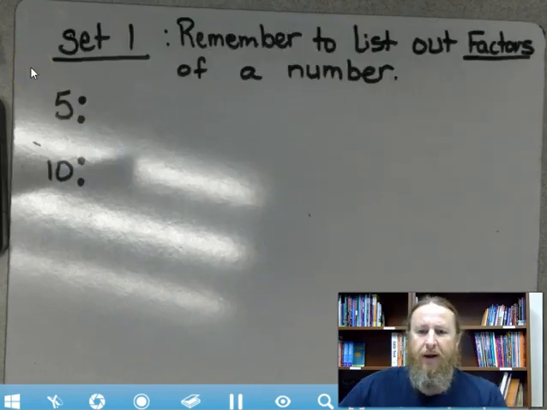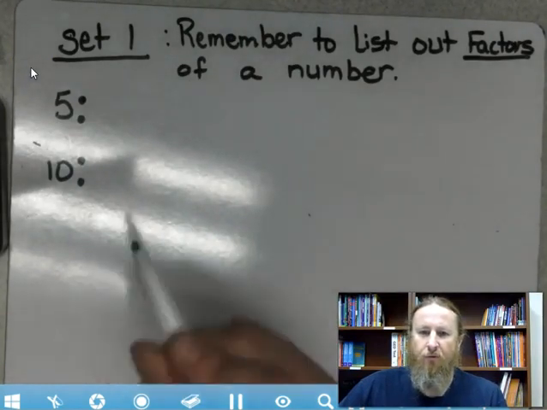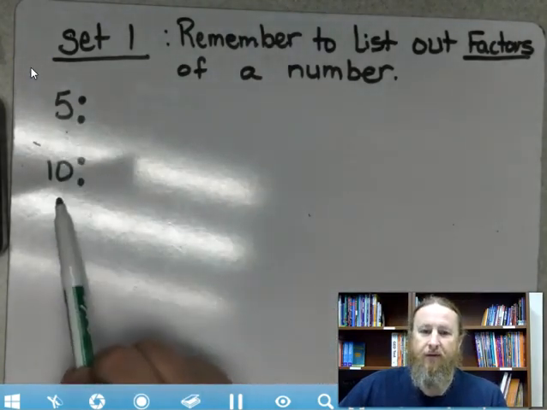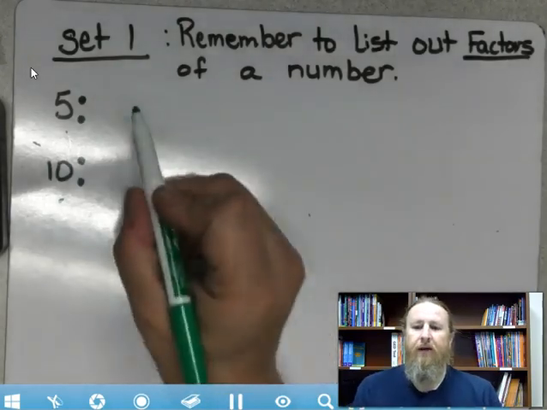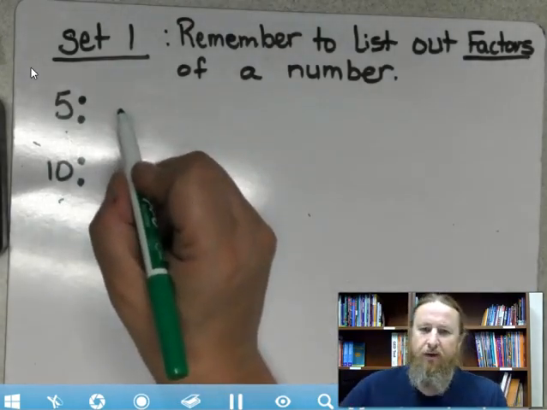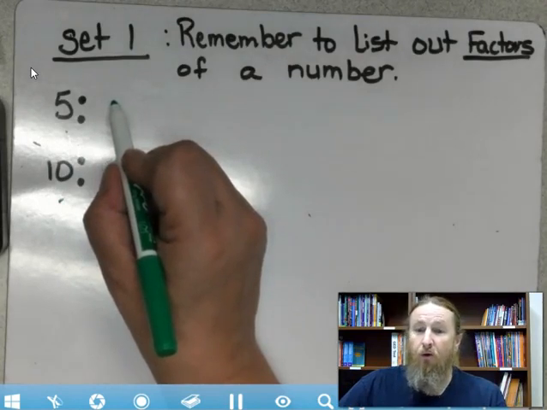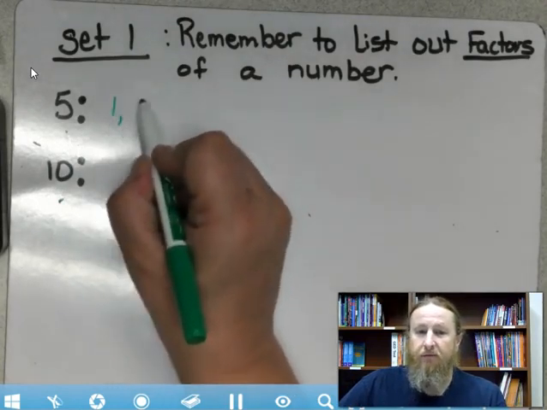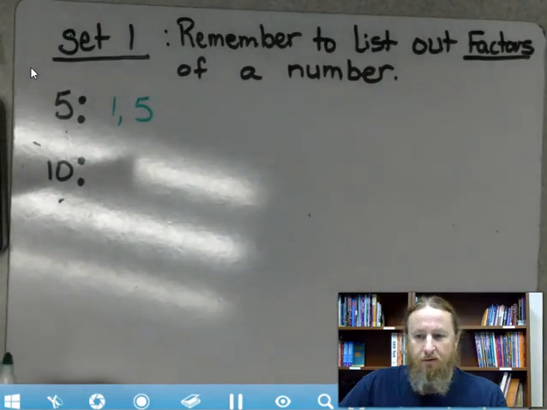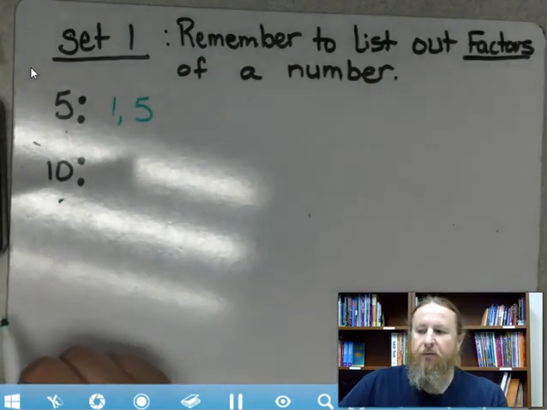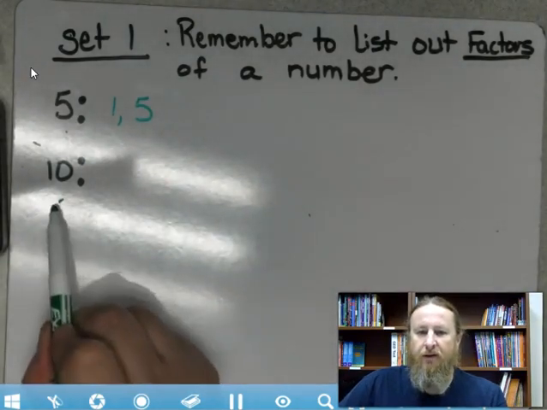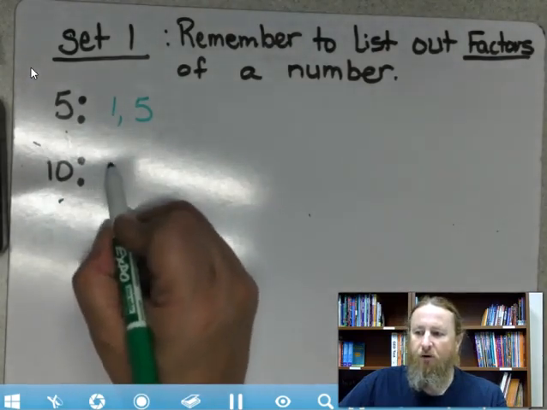The first pair of numbers that we are going to find our greatest common factor for are 5 and 10. We're going to list out the factors of both numbers one at a time. Our factors of 5 are 1 and 5. We have listed our factors. Now we're going to move on to 10 and list out our factors of 10, which are 1,